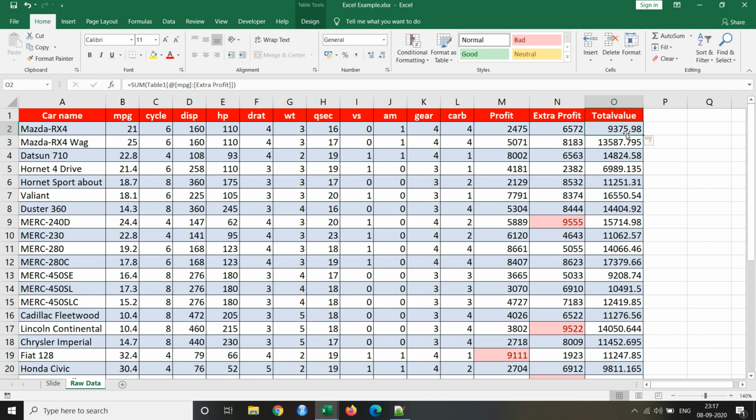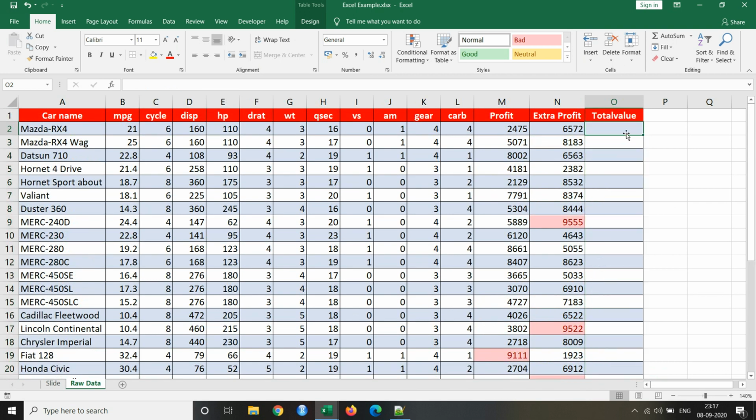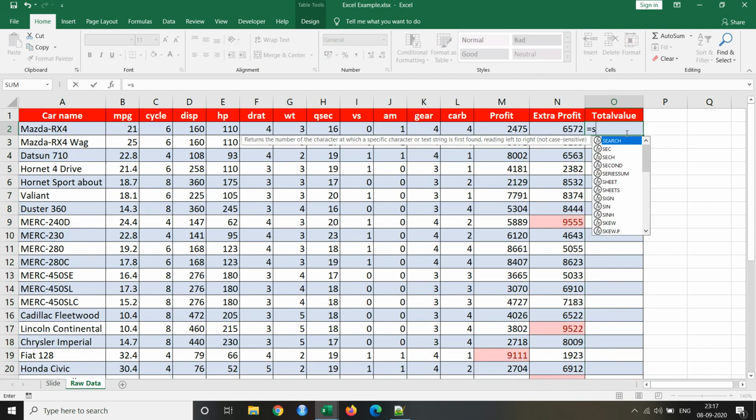There are other ways of using this AutoSum also. If you want to use the sum formula, you just have to write equal to, then sum, and you get this formula. When you start writing the function, Excel will give you suggestions based on its intelligence. So with S you will have this many functions, right?